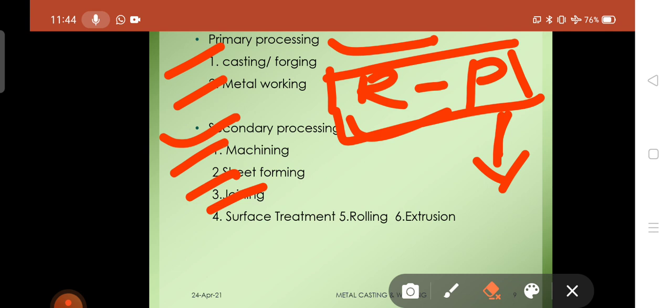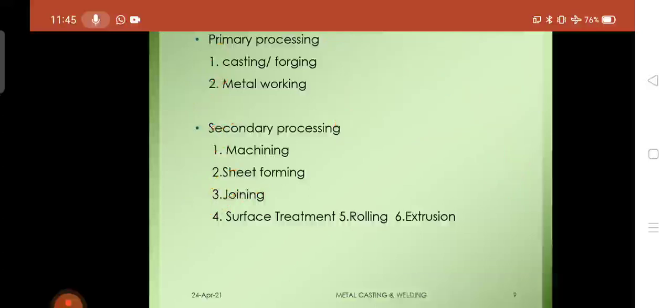By using the secondary manufacturing process, the first product can be converted into a second final product. So this is how primary processing works to convert a raw material into a final product, and in the secondary process how the first product is converted into a secondary product. In this way, primary and secondary processing work, depending on your requirement. Now let us move on to the next slide.